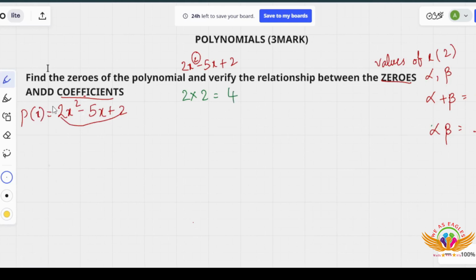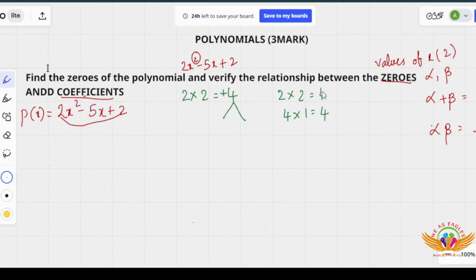Also, please never forget to see the signs. Check the sign. It is plus 2 into plus 2 is plus 4. And now think of the factors. 4 will be there in the 2 table, that is 2 into 2, 4. And also 4 will be there in the 4 table, that is 4 ones are 4.